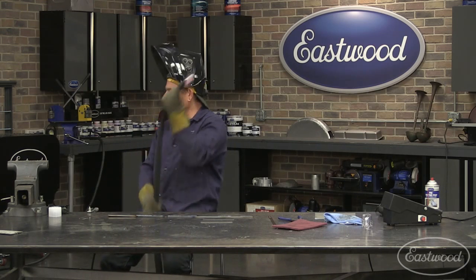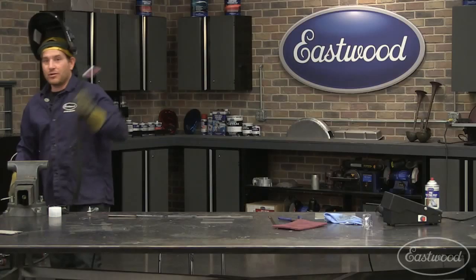Any questions? Sure do. While you're talking about the filler rod, I want to know if there's a general rule of thumb when picking out the size of your filler rod. So general rule of thumb,